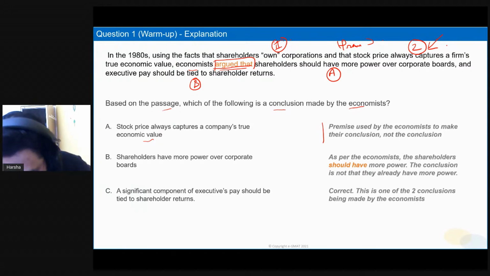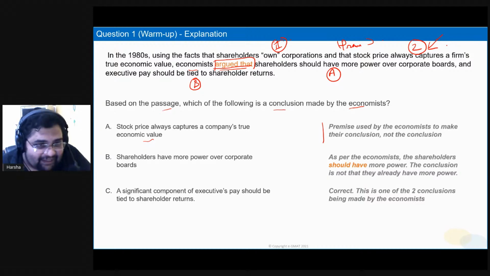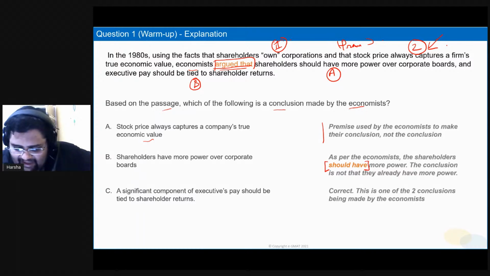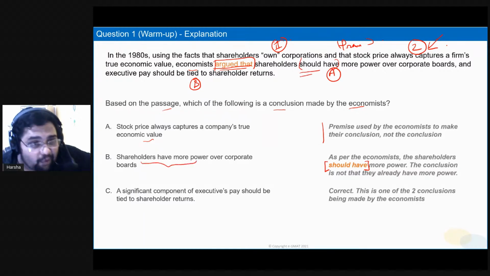So that's there. All right. Option B is wrong for a very interesting reason. If you fell for option B, it means you're not paying attention to the exact wordings that are used. The conclusion is that shareholders should have more power. Option B says that shareholders are already having more power. Are they the same? For those of you who chose option B,